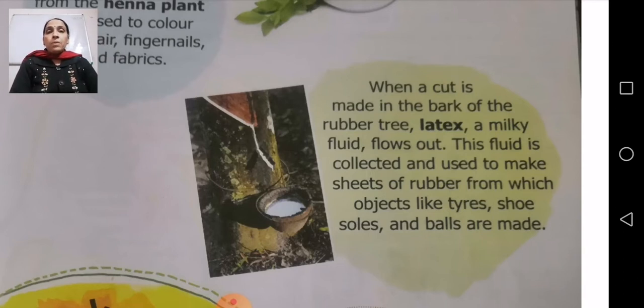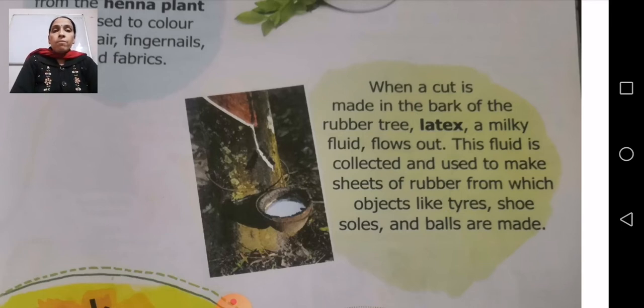from the trunk. Now what do we do on the trunk? Whichever tree we were having, and for this rubber plant, we will make a hole in the trunk and then we will put a stick inside it. We let the hole stay open, and as the plant keeps on processing this fluid, that milky fluid will come out from that only. So that is known as latex. Now this rubber tree, or the liquid which comes out from the bark of a rubber tree, is very important to remember, that that white liquid is known as latex.